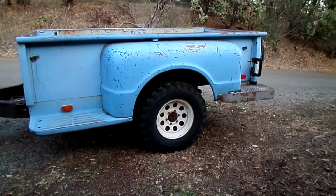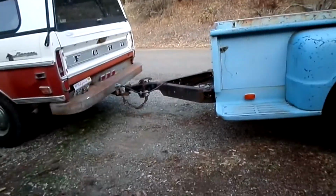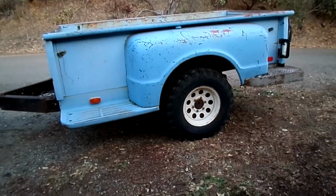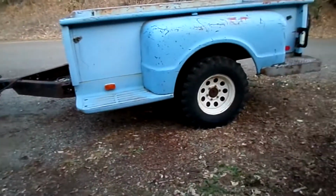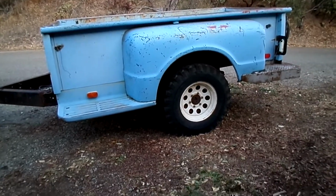I know that sounds like a sticking brake. That's the symptoms of a sticking brake, but this thing has no brakes. It's just a trailer with no trailer brakes. And on top of that,